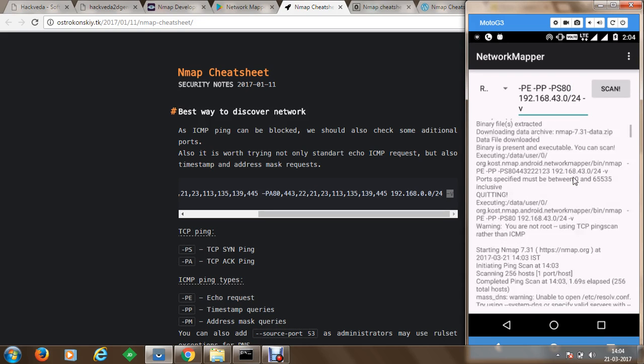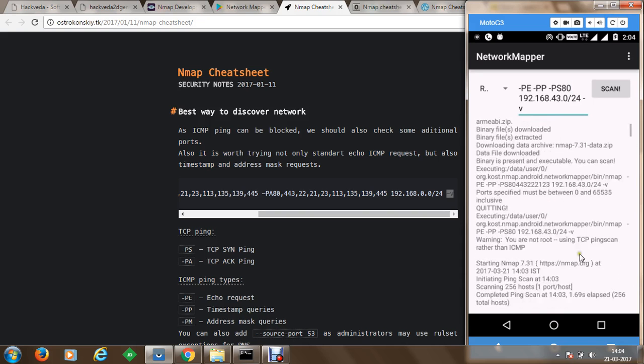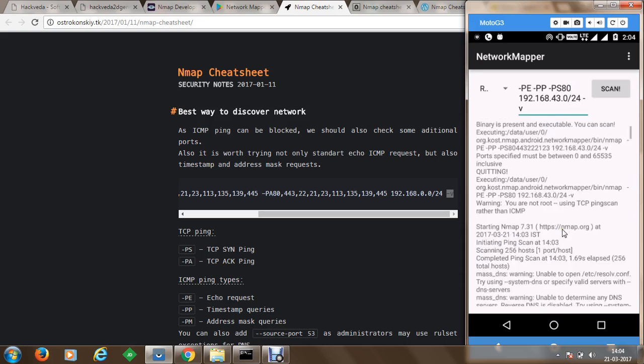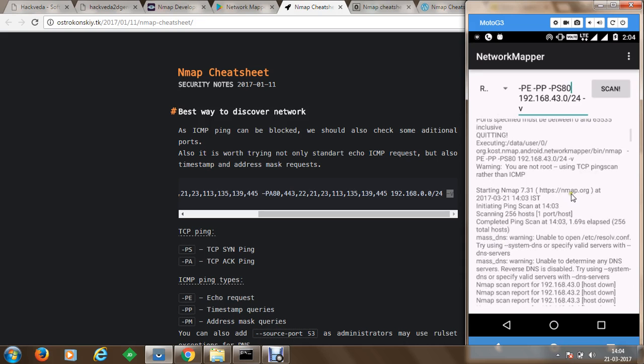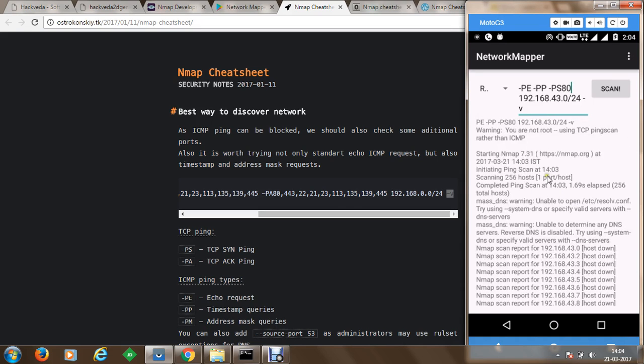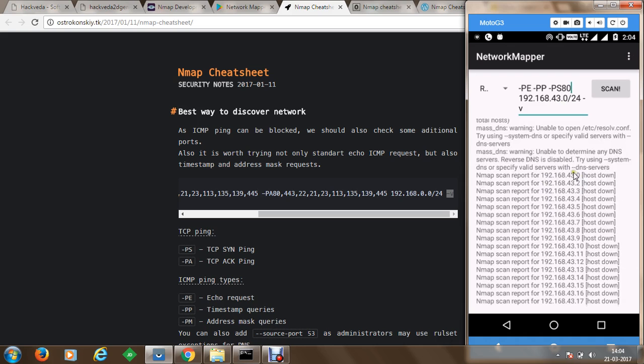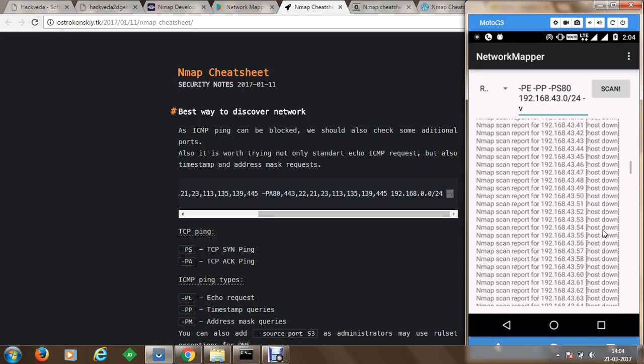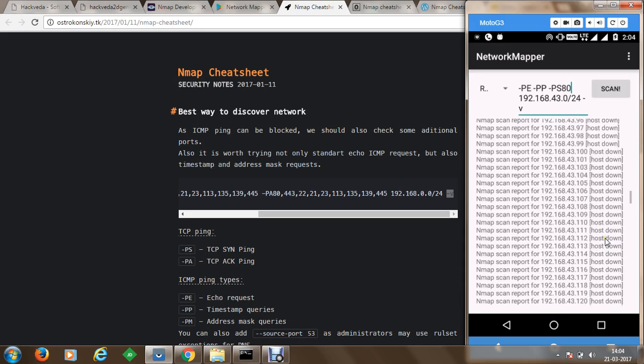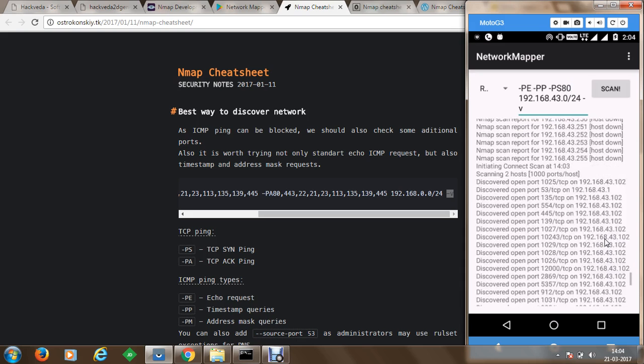Now what you can see is, once we have executed the command on our machine, PS80 on this host network, since we were not root, TCP ping scan has been done rather than ICMP, and we have one host up, which is my mobile device, which has the IP address 43.1, and another host which we have, so 0, all these hosts are down.